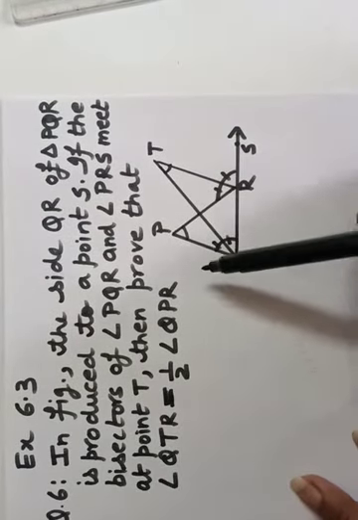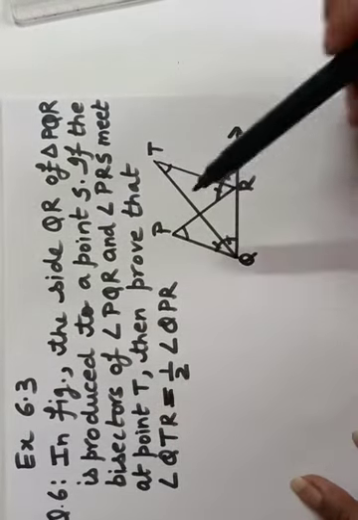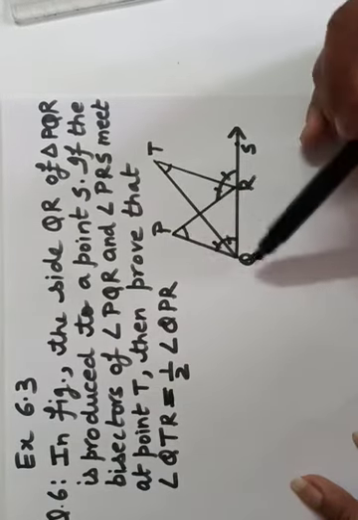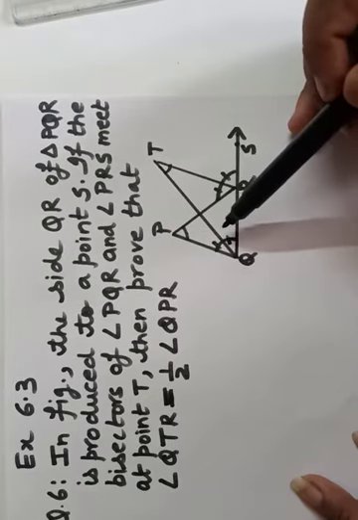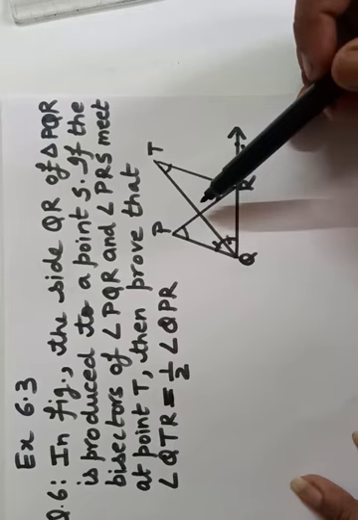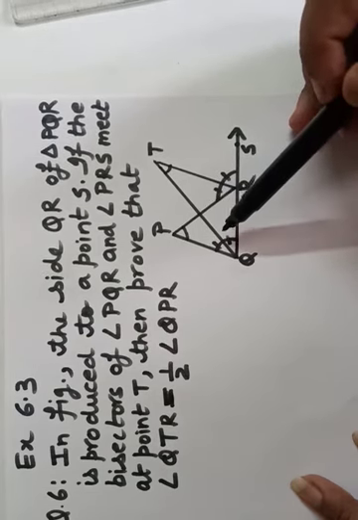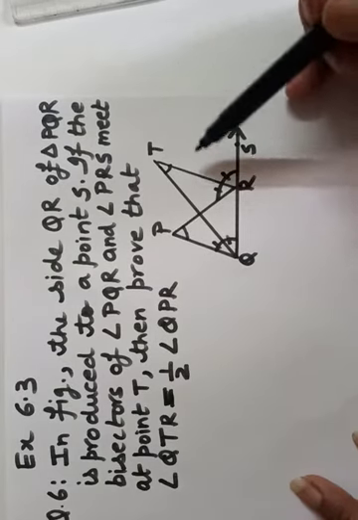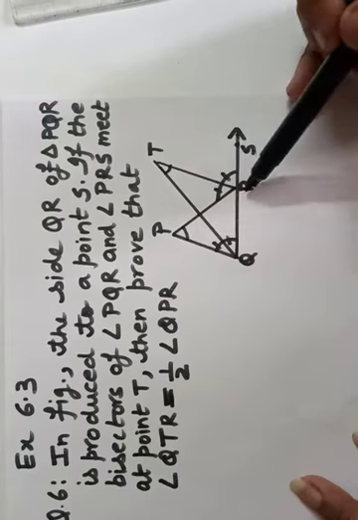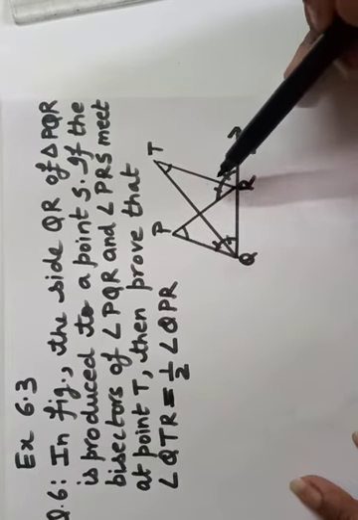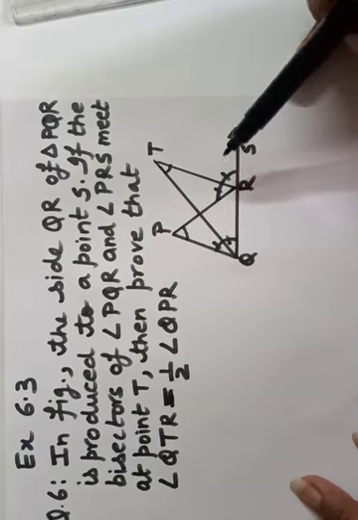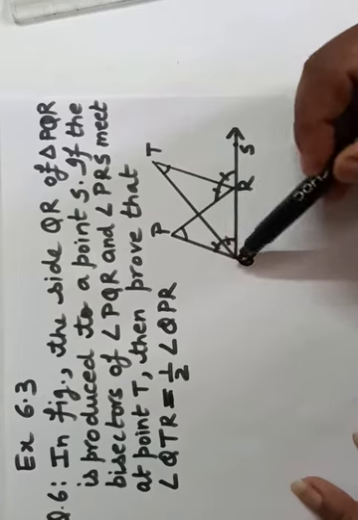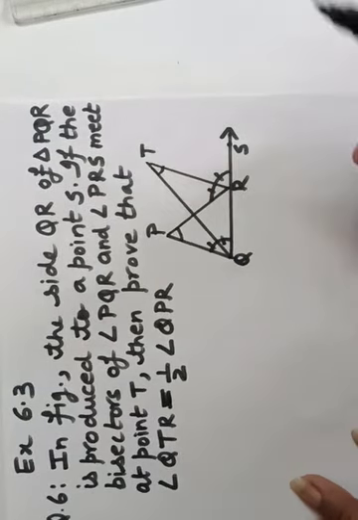so let me recall the meaning of the bisector. Since QT is the bisector according to the question, QT is the bisector of angle PQR. So bisector is the line segment or line that divides that angle into two equal parts. Yes, bi means two. So here also RT is the bisector of angle PRS, so it is also dividing this angle PRS into two equal parts. So angle PQT is equal to angle TQR, let's write as